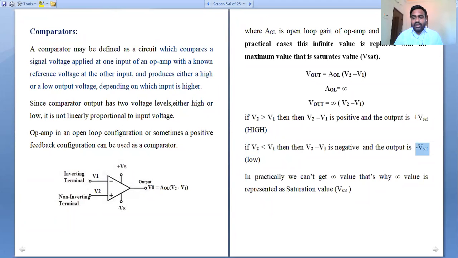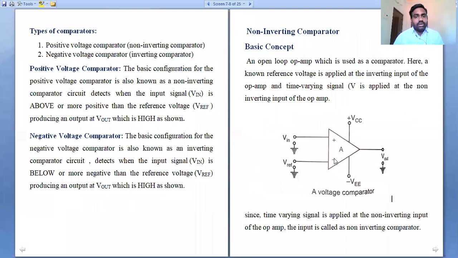So this is the analysis of the condition of a comparator. A comparator is a nonlinear application which will calibrate the behavior of the output voltage by comparing the input voltage with a known reference voltage. In the concept of a comparator, we compare the input voltage with a known reference voltage, and the output voltage will be observed. The output voltage may be plus Vsat, or it may be minus Vsat. In the classification of comparators, there are two types we can discuss.